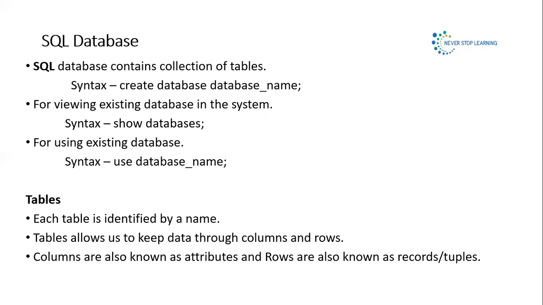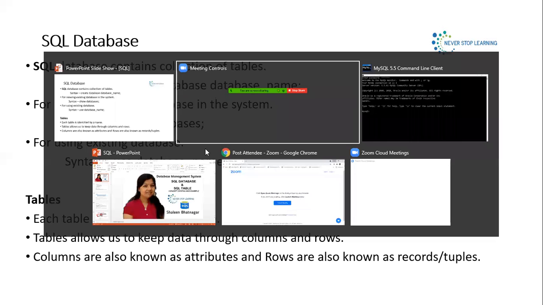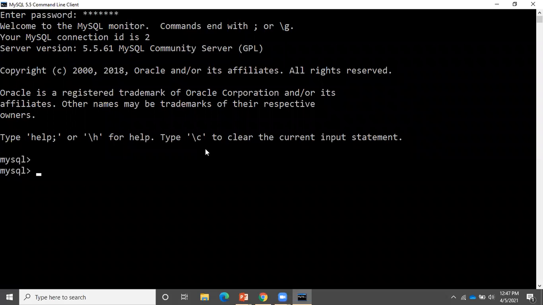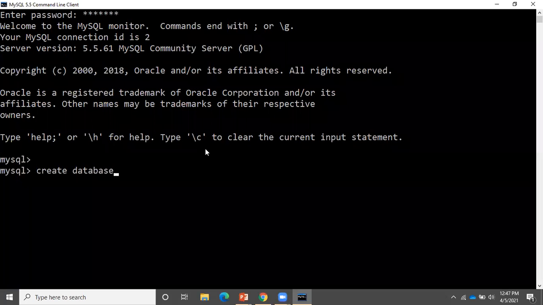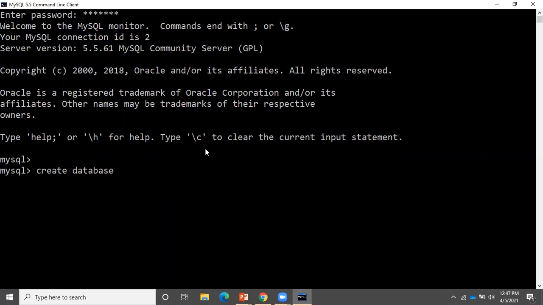All these three syntaxes we are now going to see with the help of the query. So here, as you can see, first we want to create the database. As I told you, the database creation will be done by the syntax create database, and you have to give a database name.